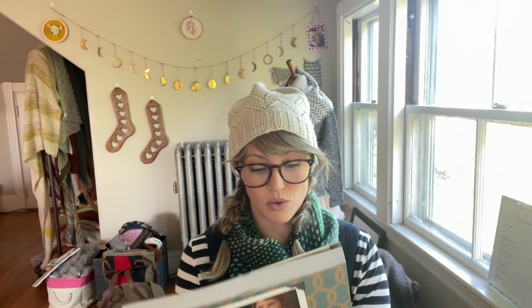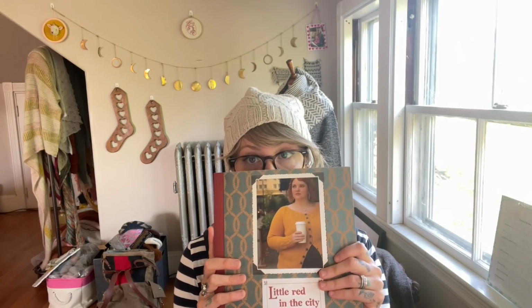So there's Little Red in the City. This is by Isolde. I'm not sure if you can still get hard copies. You'll have to look, but I'm pretty sure digital for sure you can get. And this book was really written for getting sweaters to fit you perfectly. So there's like bust darts and all kinds of cool things in here that I think could be really helpful,